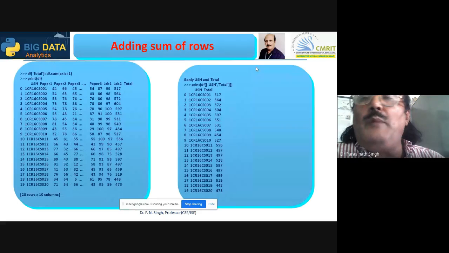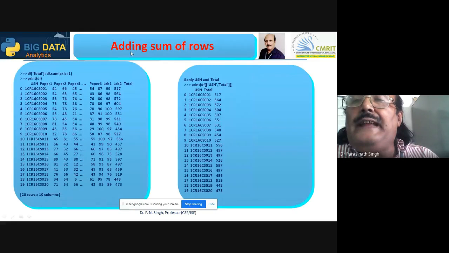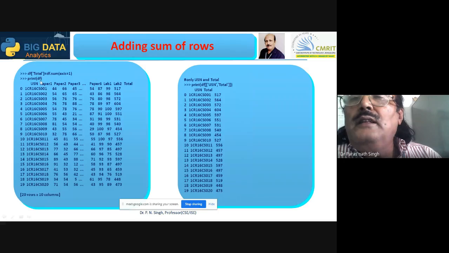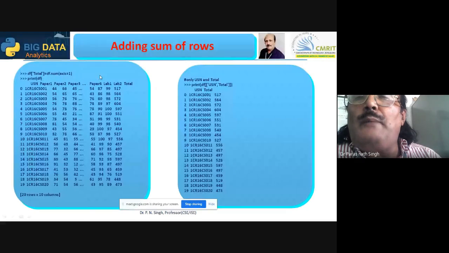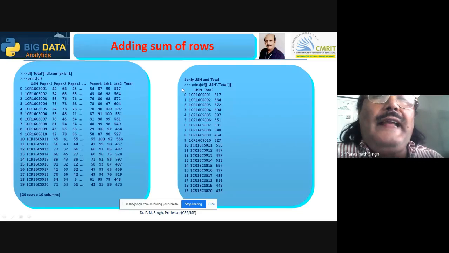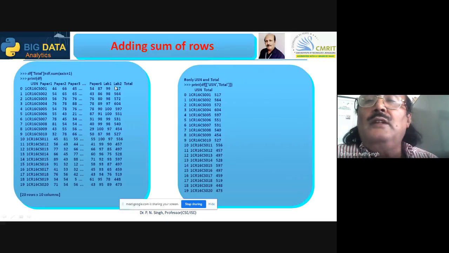So adding the sum of rows I have shown in the previous slide. Again, it is given here because I have to take another total: df.sum axis 1. So it is giving the total of all students. Again, I want to display only the total, not all the marks, because the original data frame did not have the total marks. Only the paper marks were given by the VTU.